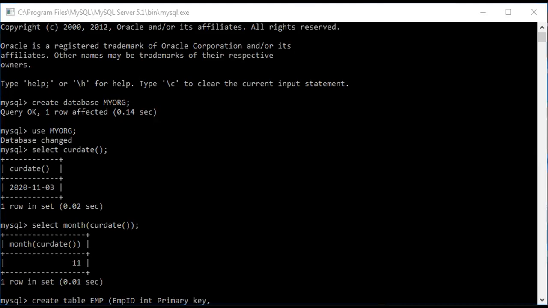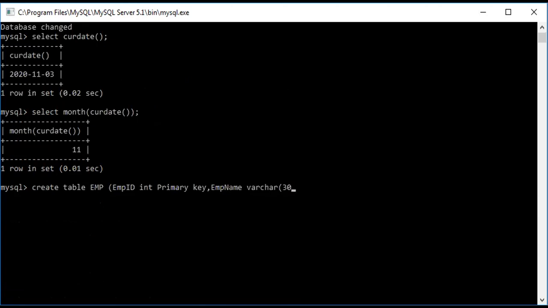Next is emp name, varchar 30, and not null. emp name, varchar, 30 is the size, and it should not have null values.